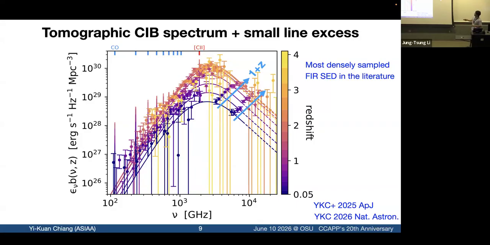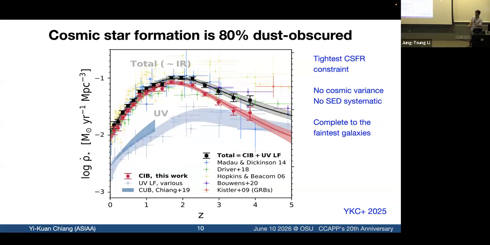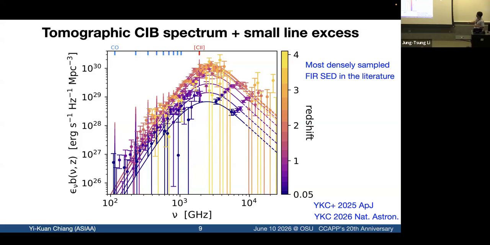And of course, with this giant data vector, I put out a series of 2 papers. One focuses on the continuum, the CIB, and the new one is about emission line. Okay, so the highlight for the continuum is a new measurement of the cosmic star formation history. It is a simple integration of the energy budget underneath the CIB. That's how much energy we receive from star formation, initially in the UV, but emitted in the far infrared.